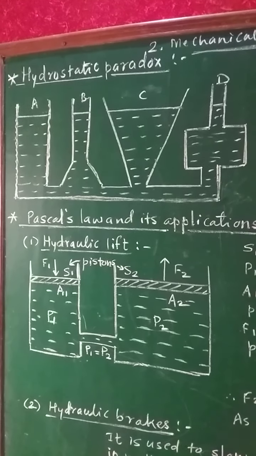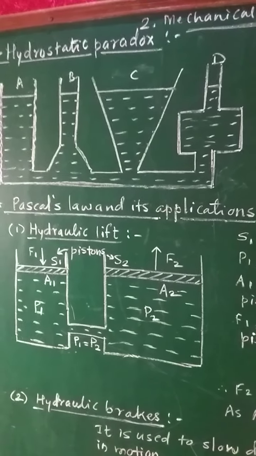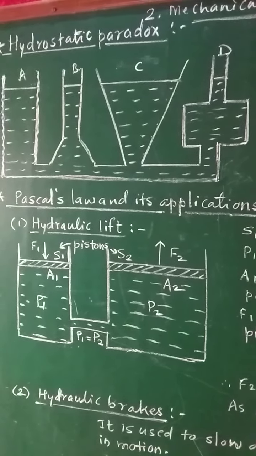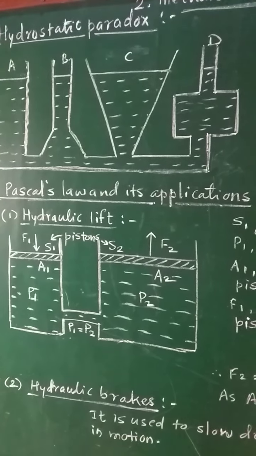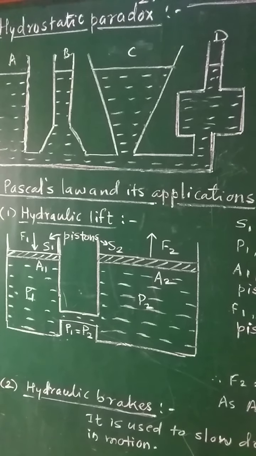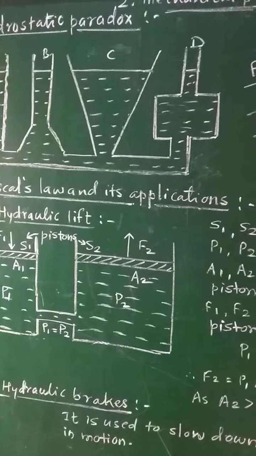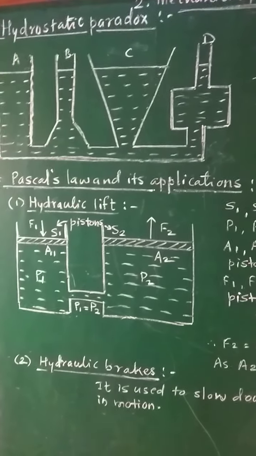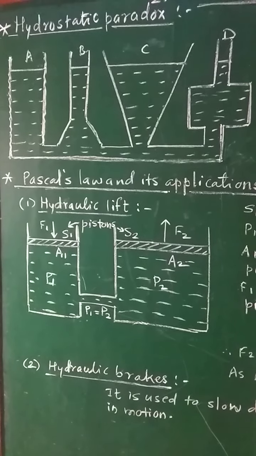The walls of vessel A are exactly vertical. Some part of the walls of vessel B are exactly vertical and the remaining part is slightly inclined outwards. For vessel C, the walls are inclined outwards, and for vessel D, the walls are vertical. Therefore the shapes of all these vessels are different, but still